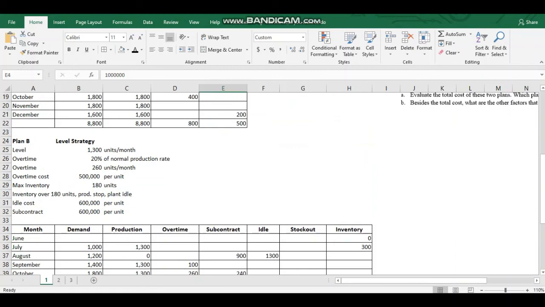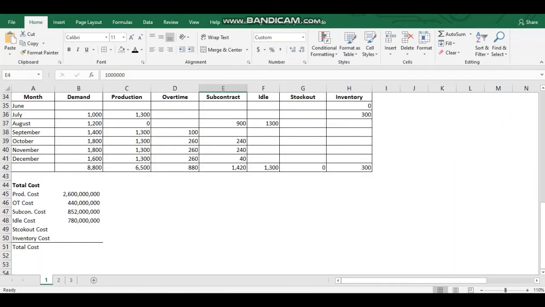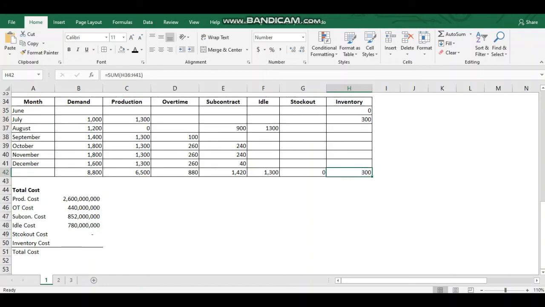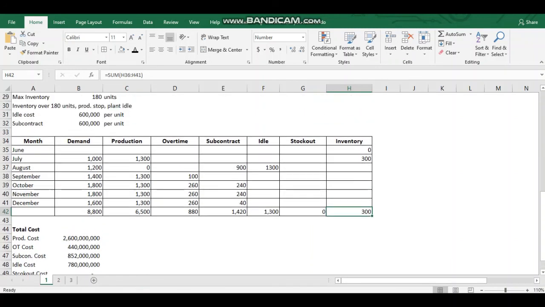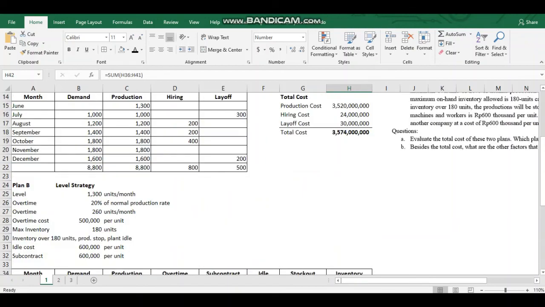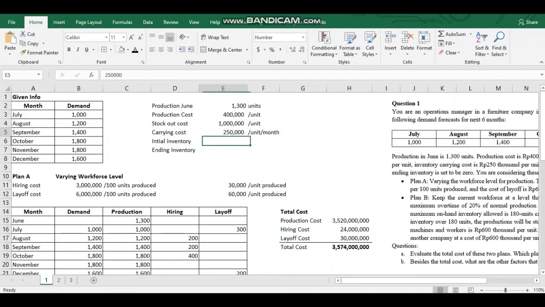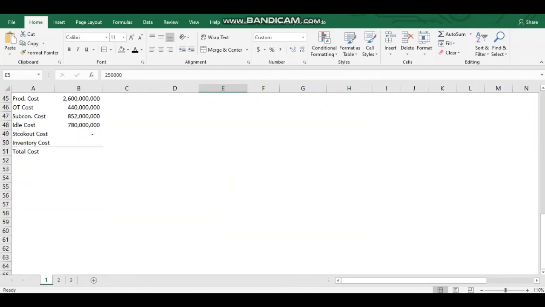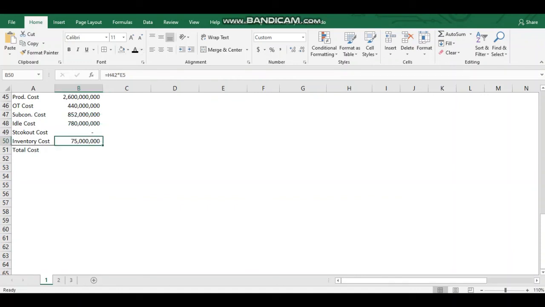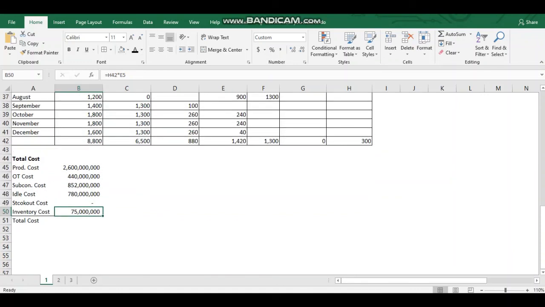And then the last one is inventory cost: the total of inventory multiplied by the carrying cost. And the total for using this strategy, which is a level strategy, is